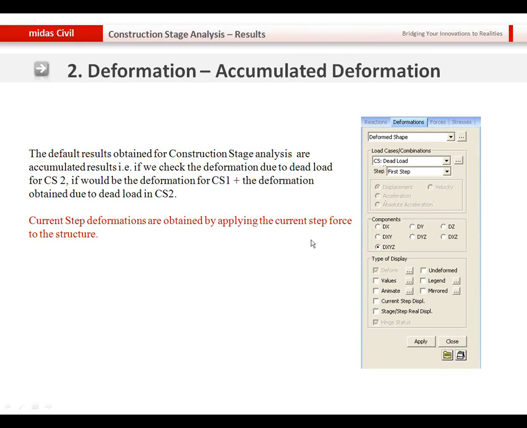So it is an accumulated deformation. It is not that all the loads up to CS2 are applied on the structure in CS2 and then the deformations are obtained. The deformations are obtained individually for the loads defined in CS1 and CS2, and the effect, the deformations, will be